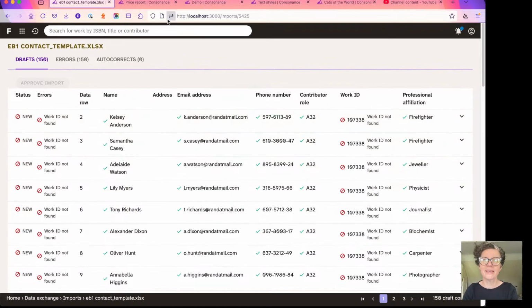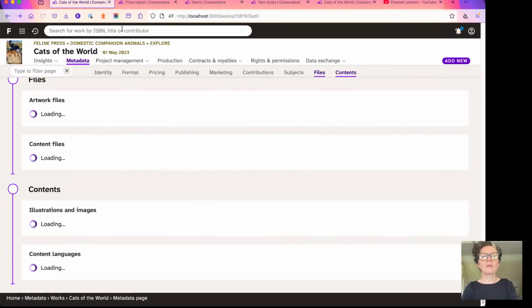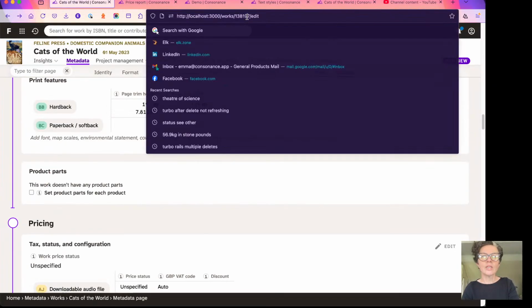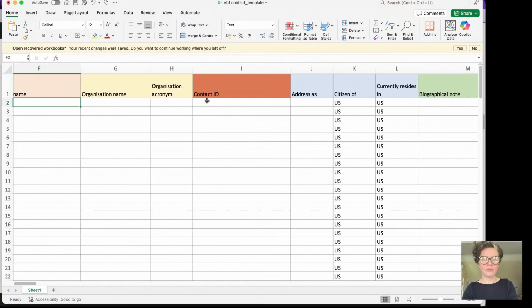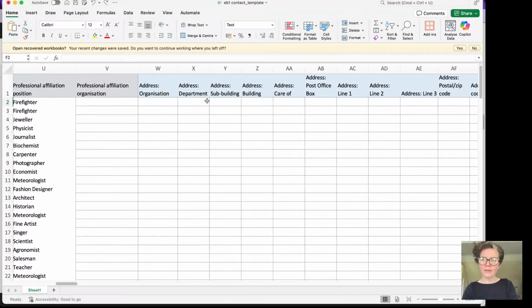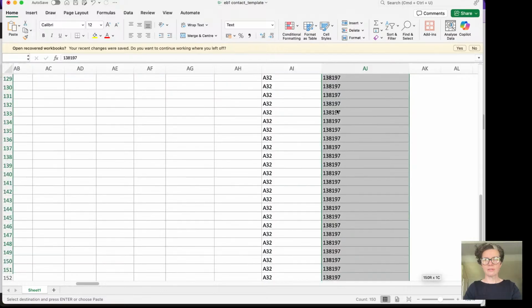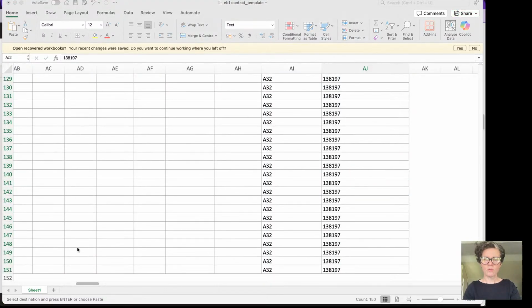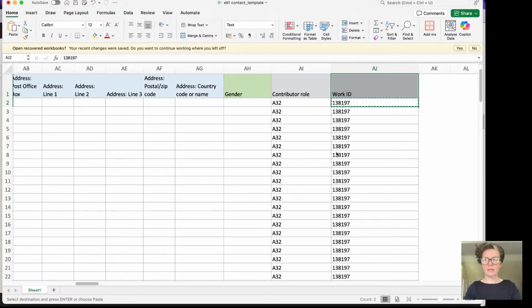which means I must have fat-fingered it. So let's go back and see what the issue was with me doing that. So we go and, oh look, it's 138,197. Well, I don't know how I managed to do that, but that is the nature of manual intervention into this, isn't it? So let me move my head out the way,